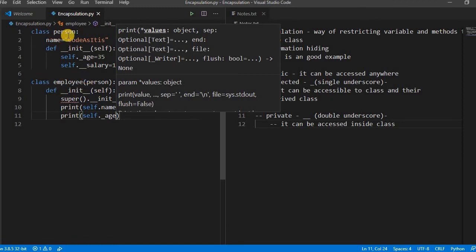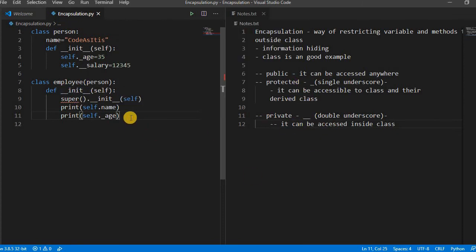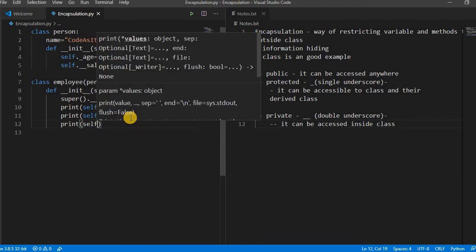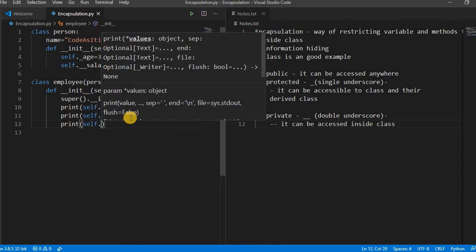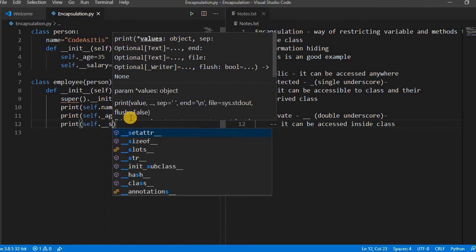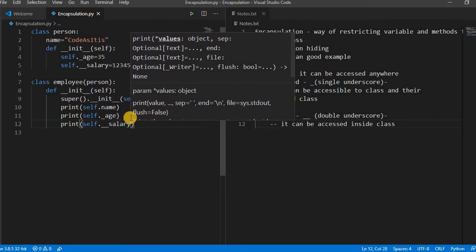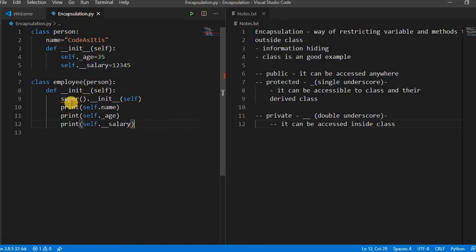So here Person is the base class and Employee is the derived class. So the protected variable can be accessible here. But if you try to print self dot salary, it will not be accessible here. Why? Because it has a double underscore. If you put a double underscore at the start of any variable, it's not accessible here.